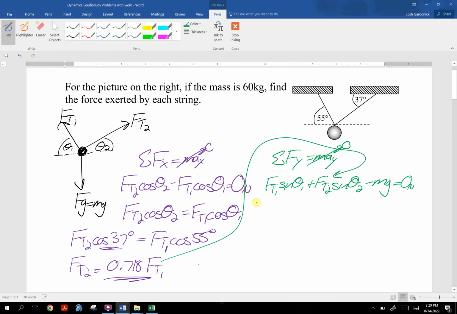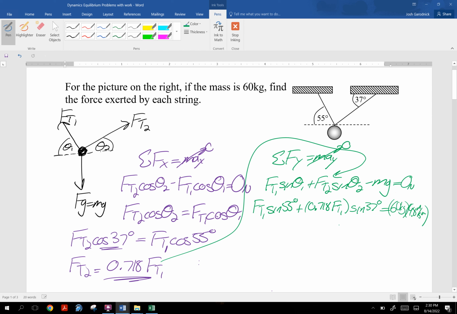We have ft1, don't know what it is, sine 55 degrees. ft2 is now 0.718 ft1. This is where people tend to miss things. They're like, oh, I did my substitution. Yeah, don't forget, times sine 37 degrees. Don't forget that. For some reason, everybody's so hyper-focused on the substitution, you lose the sine or the trig function. Equals, because I'm going to add the mg to the other side, 60 kilograms times 9.8 meters per second